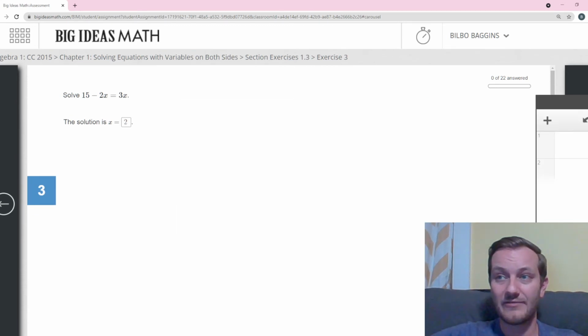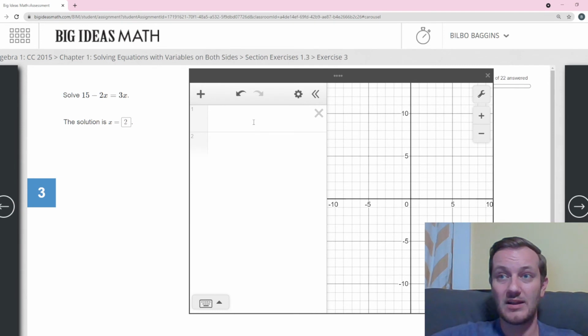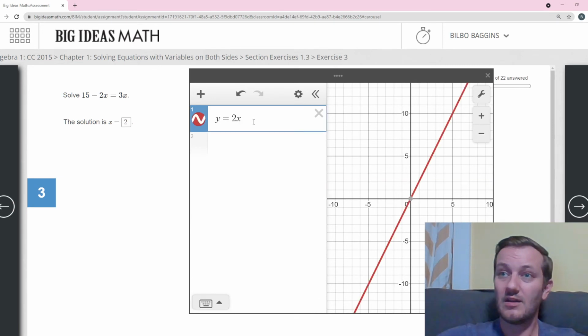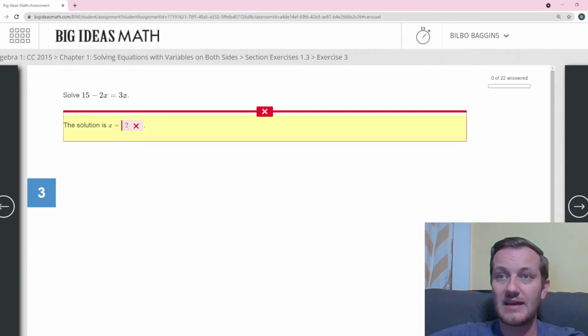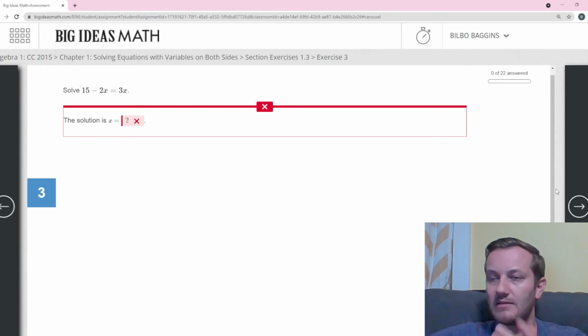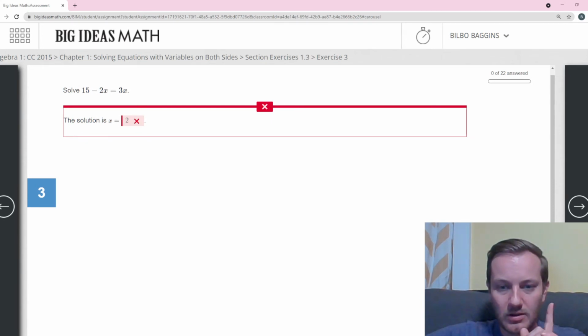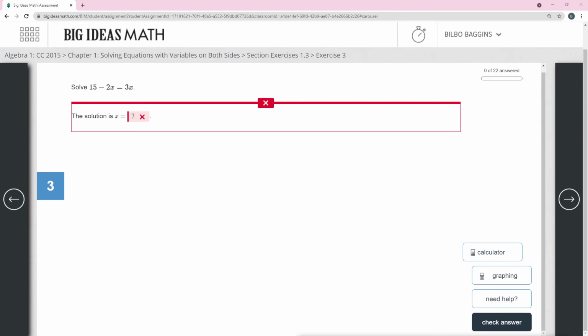You also can click on the graphing calculator, which is actually just straight up Desmos. Big fan of Desmos. You can enter equations and things. Lovely. And eventually you write an answer and you check that answer and, oh, didn't like it. But it gives me another chance. Also, when I got it wrong, you might notice it says, hey, need help? Oh, you can't see that. My head is hiding it. Here we go. There we go. So you've got calculator, graphing calculator, and need help shows up after you hit check answer.